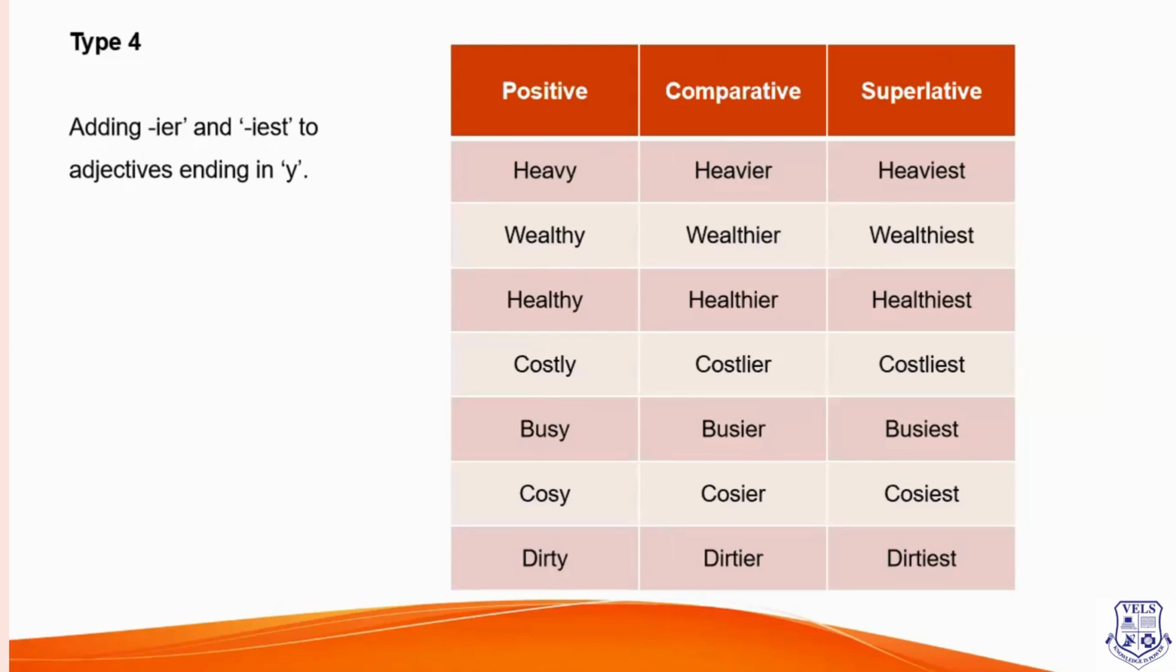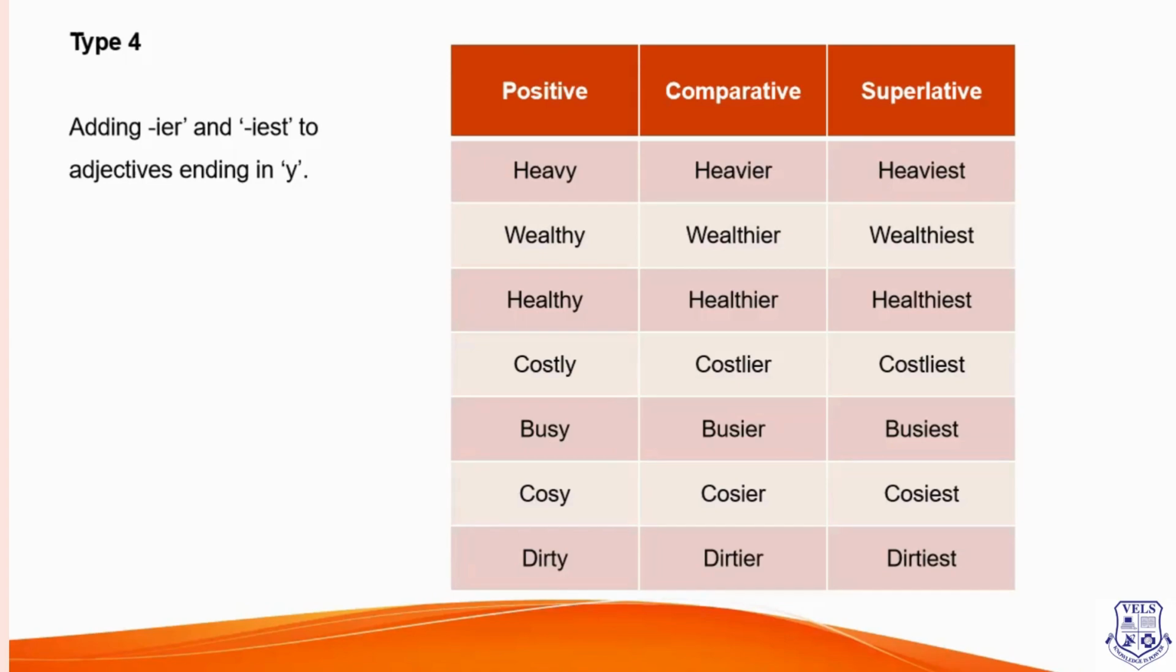The fourth type. When the adjective or adverb ends with Y, we remove Y and add IER and IEST to convert into their respective comparative and superlative degree. For example, look at the word heavy. Heavy ends with the letter Y. So we remove Y and add IER to convert into a comparative degree, and we add IEST to convert it